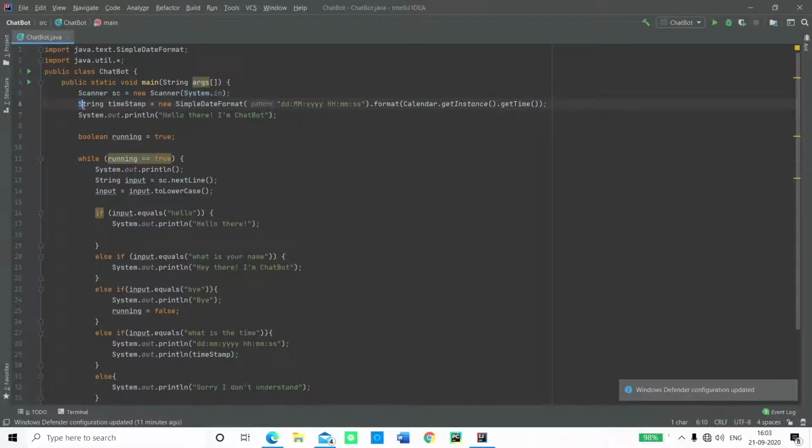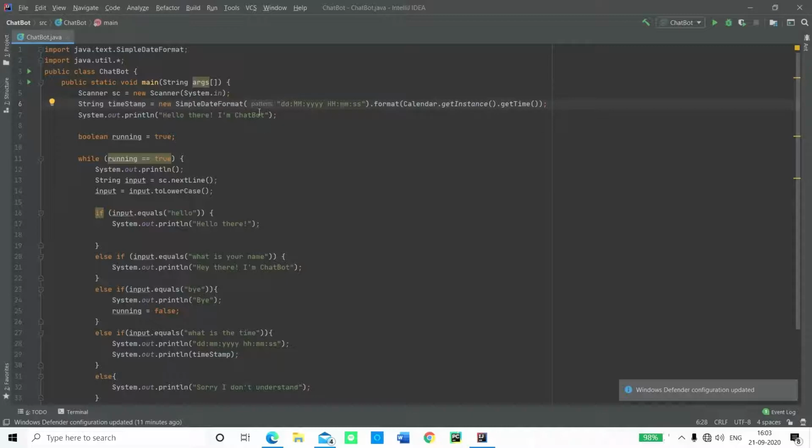And over here there's something new. So in this, what I'm going to tell you is in just a second. The string is a variable that I'm taking. Of course, it's a data type, and timestamp is the variable which is a string data type, which means I can also store letters, sentences, and whatnot in it. And then we have new SimpleDateFormat, which is a new object, or actually it's a new timestamp.